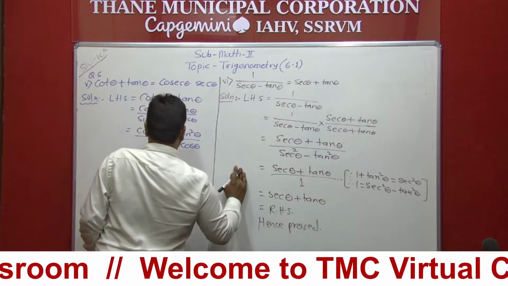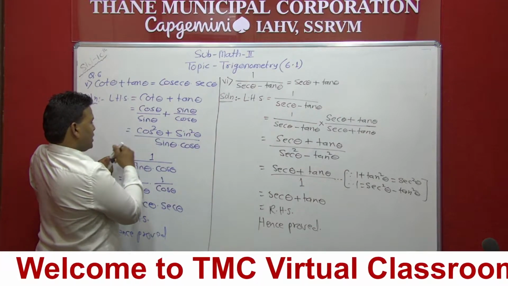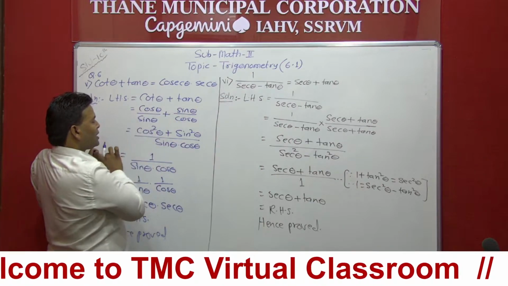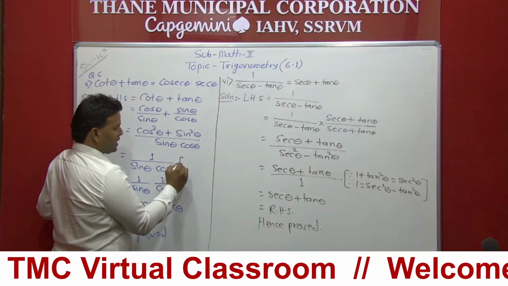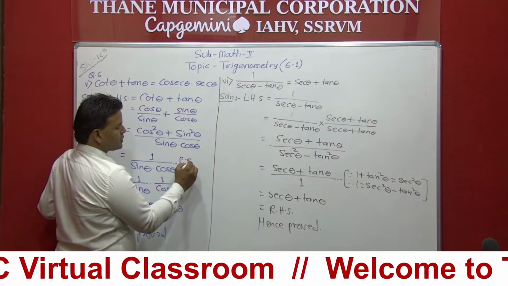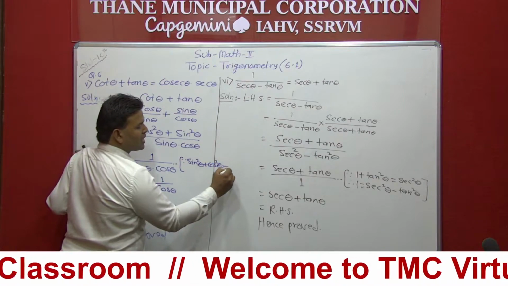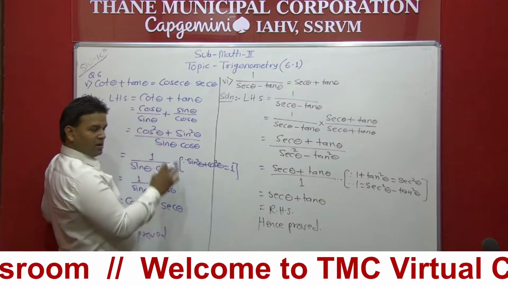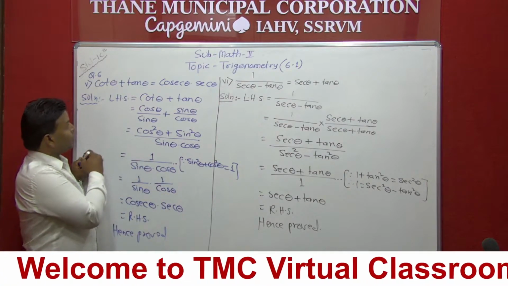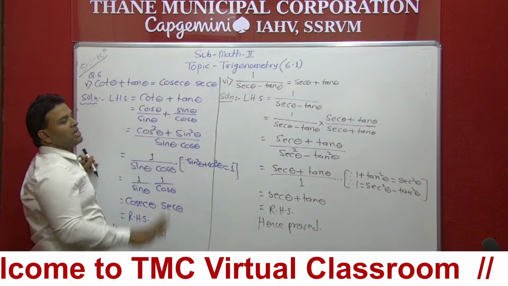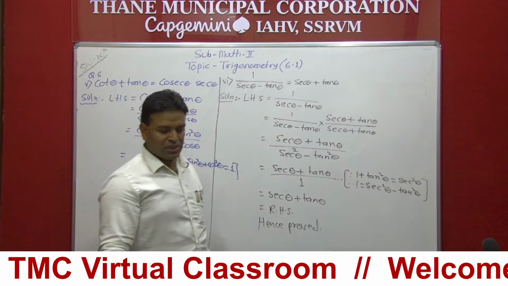Now I forgot to write down the formula for this step here. Here we have sine square theta plus cos square theta, which is 1. So here we have to specify that sine square theta plus cos square theta is equal to 1. This step I forgot, that's why I have written it here. Now I have completed question number 5 and question number 6. So let's start with the next question.